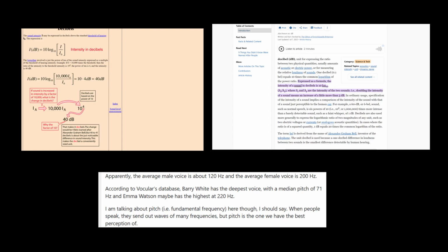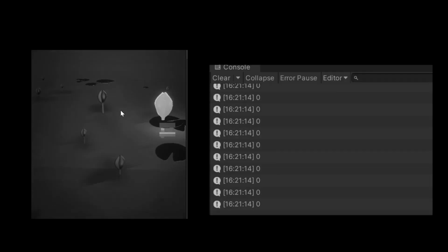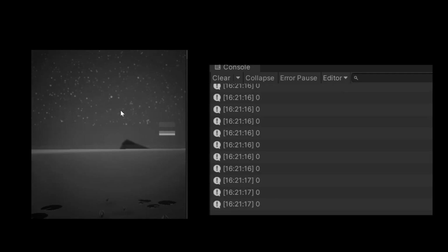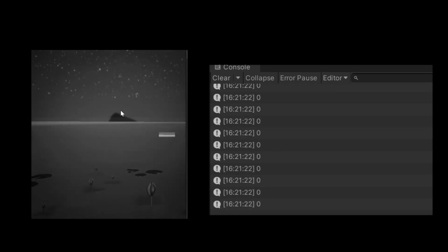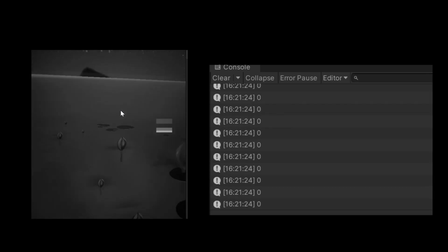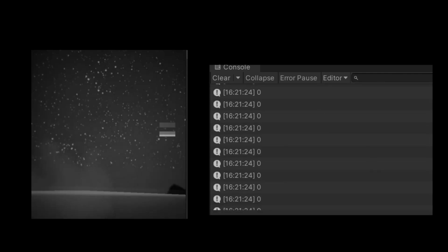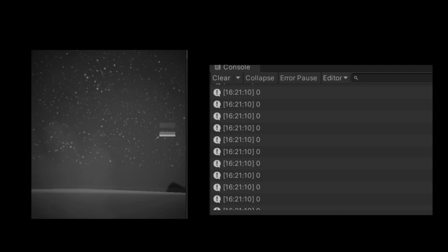We found a formula on the internet that could convert decibels to volume. And we also found a range of normal pronunciations of a person. If we use those volumes directly in our code, the flower animation will turn on and off frequently because of the instability of the human voice. In addition, a low-pitched shout will cause the flower to bloom. We don't want players to do that, so we have to use another system to control the sound's frequency.